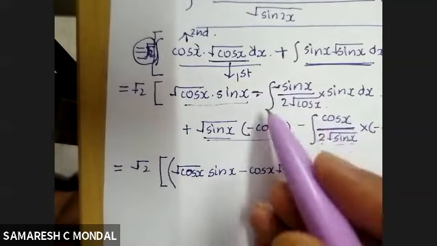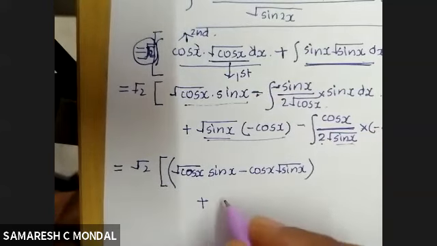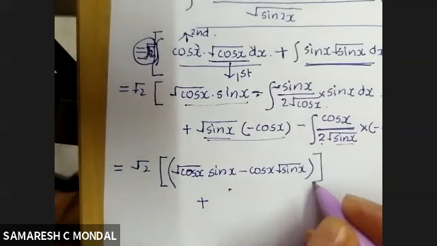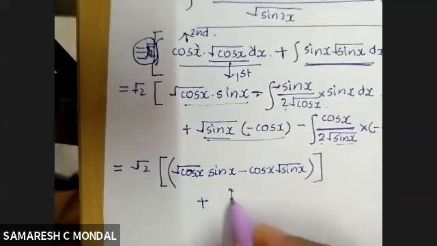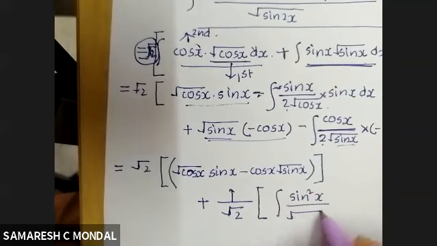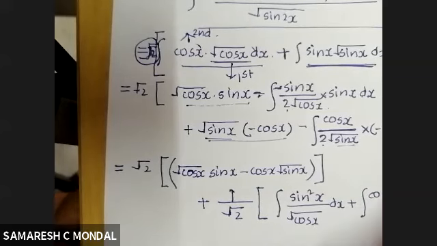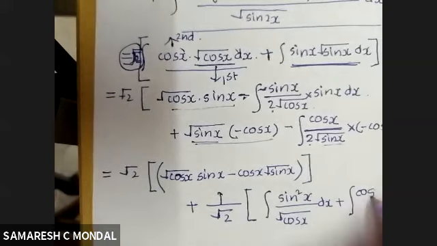Here minus of minus will be plus, and here also minus of minus will be plus. So we get, this is one part, 1 by root 2. I hope it is correct. This is tough to integrate. Sine square by root of cos x plus integration of cos square x by root of sine x